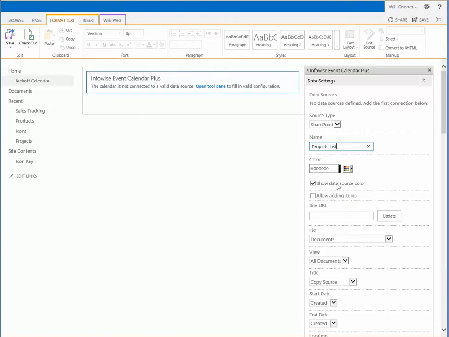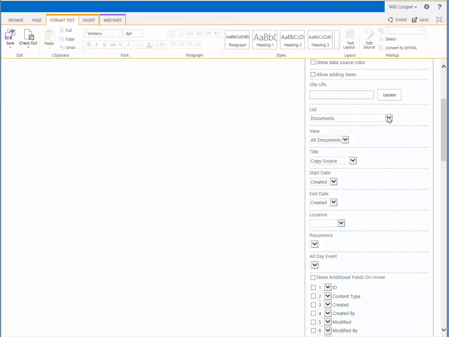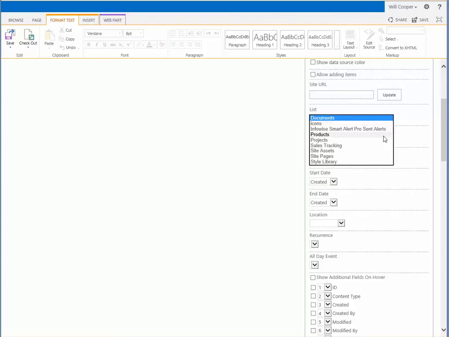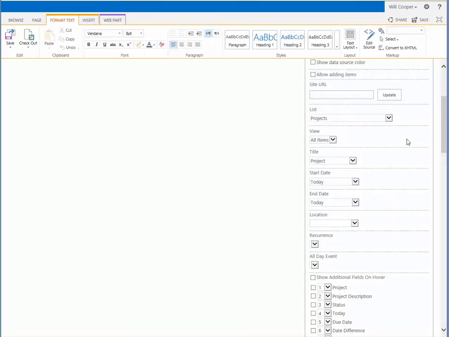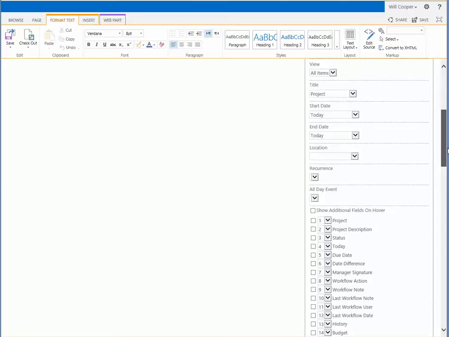We only have one data source, so we don't need to show a data source color. I'll uncheck that option. And then I just need to select the appropriate list from my site. It's displaying to me lists that have already been created in this specific site. And so our list is projects. Once you make that selection, the page will do a server post back